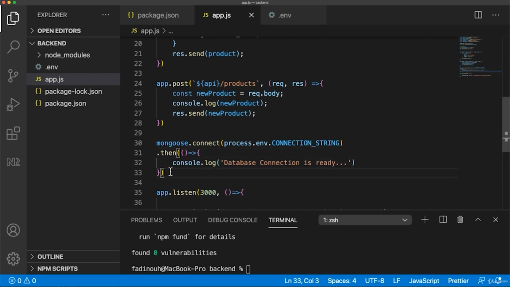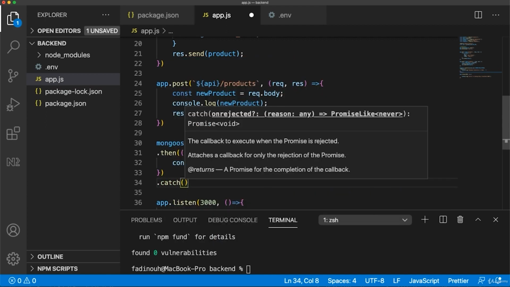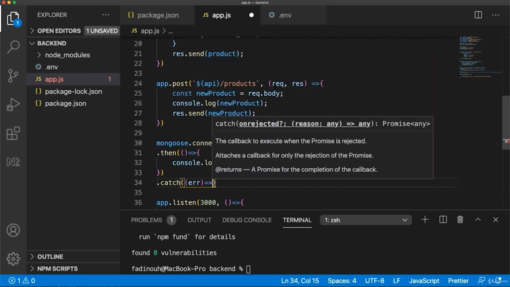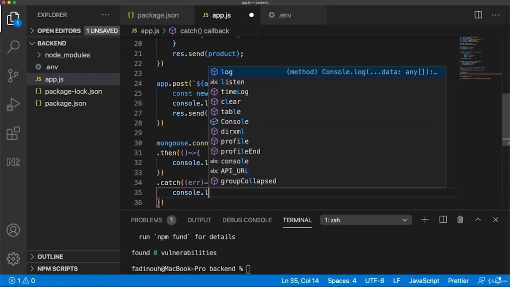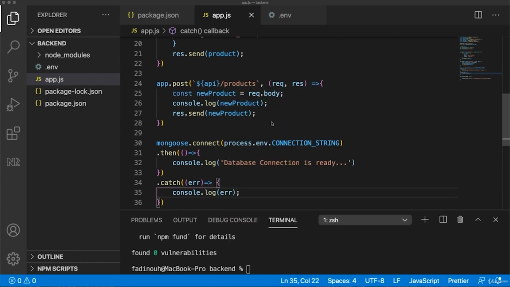And when it fails, on catch, and it's also an arrow method, we can say console.log the error. Let's try to start our server. So now npm start,